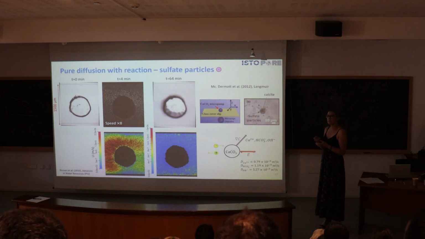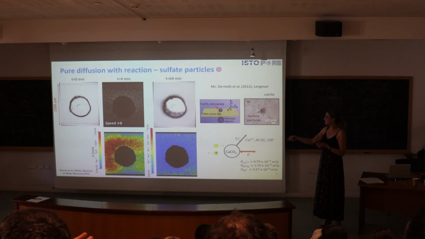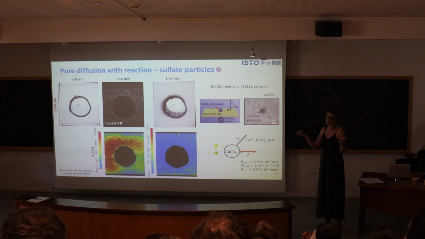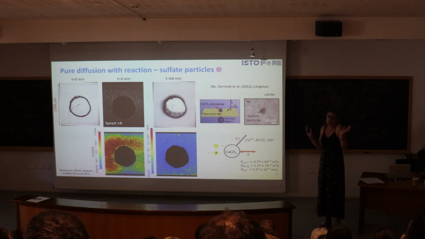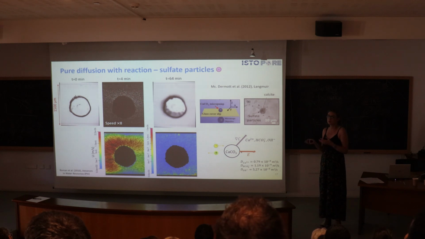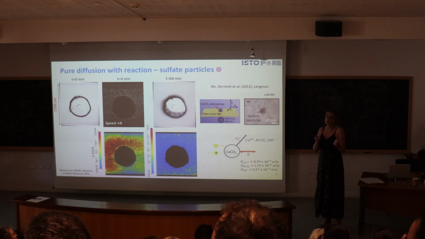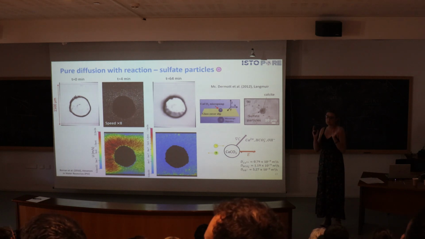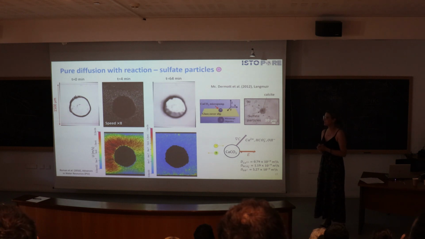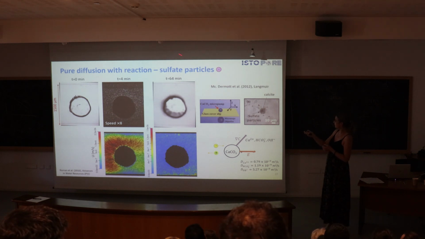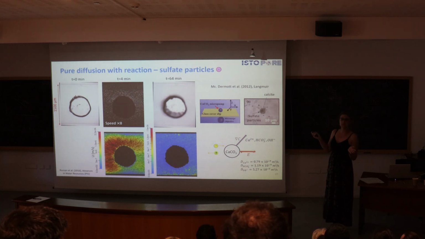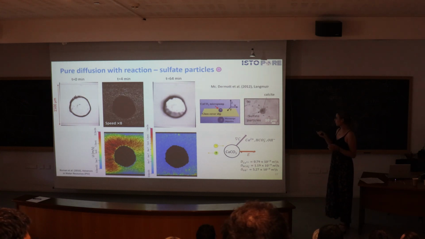And here it's really diffusophoresis that makes them move towards the calcite. But when I measure the velocity, I cannot separate the advection and diffusion. I just measure their velocity and then I see. So here it's the same measurement, but for the sulfate particles. To explain that it's actually coming from diffusophoresis,